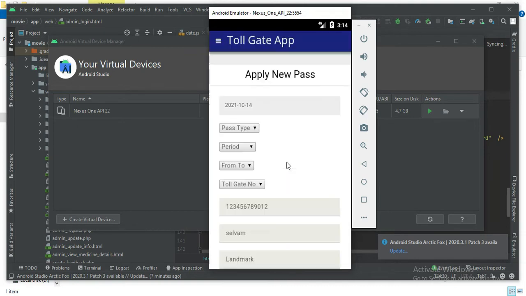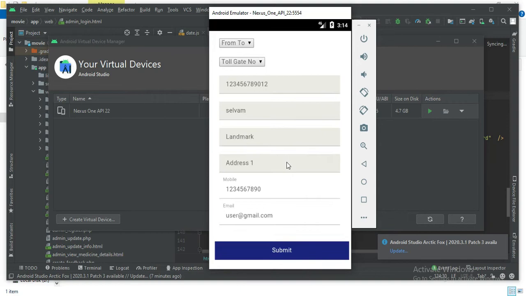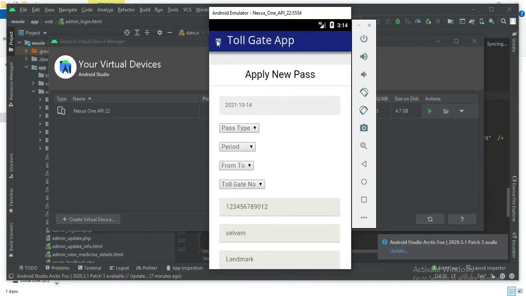Apply toll pass. For applying the toll pass, you have to choose the pass type and period.